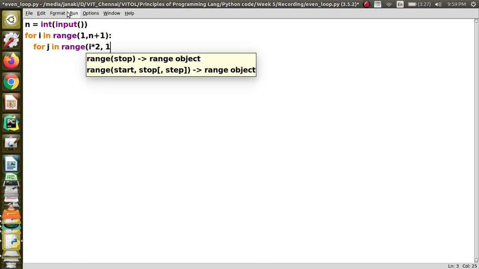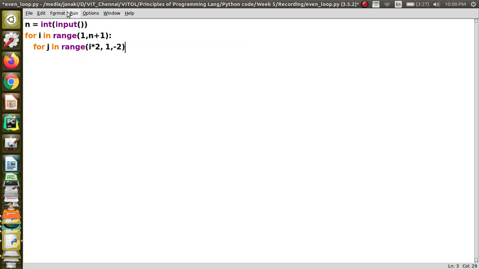It is going to start from i into 2, and should stop when it goes below 2. So let me say that 1 will be the stopping criteria. If it goes below or equal to 1, then the loop is going to stop. And you want to decrement by 2, so you are giving a step value of -2.